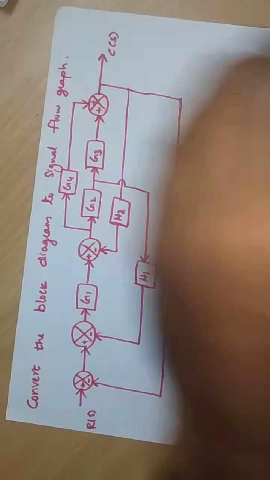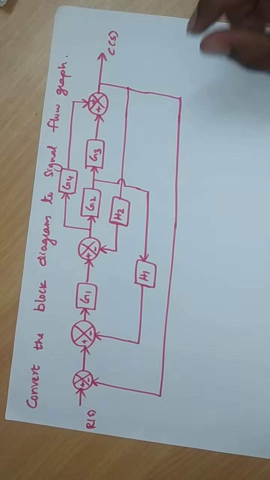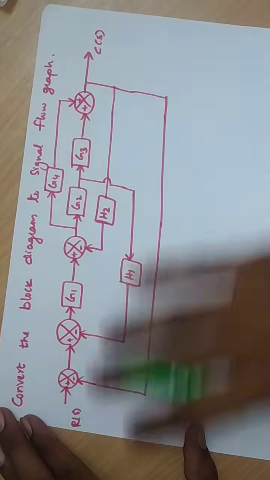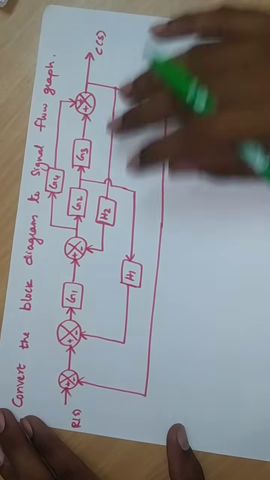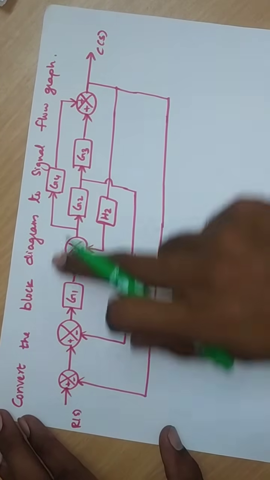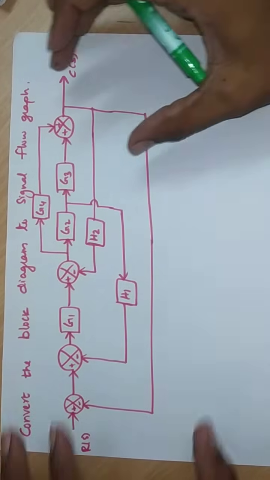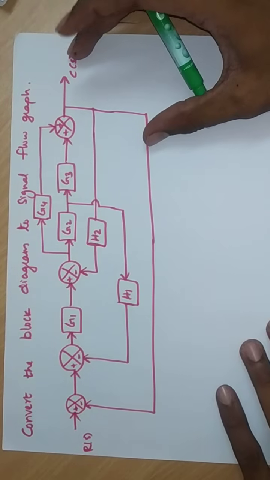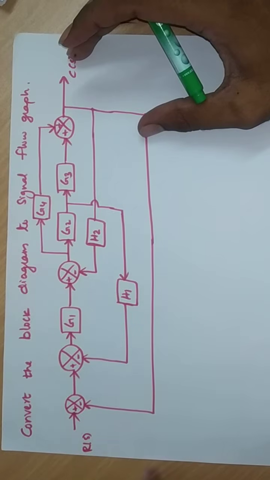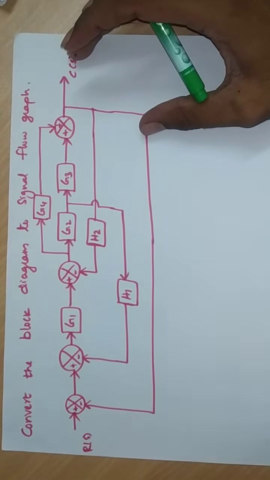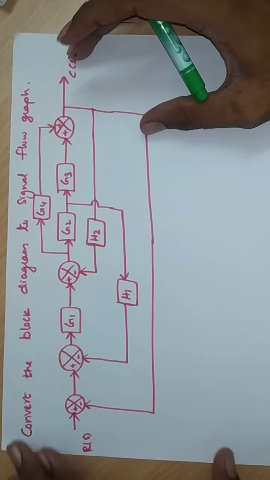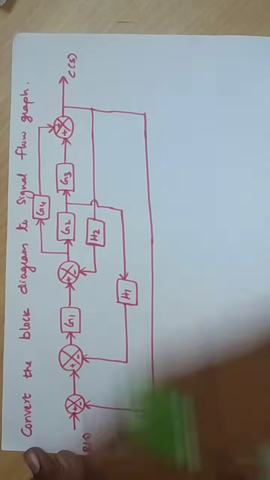This is quite a complicated block diagram, with a larger number of summers and branches. The problem statement is to convert the block diagram to a signal flow graph, and one block diagram is given along with it. I told you: input, output, summer, branch point. You need to give each a number, following the order from input to output.